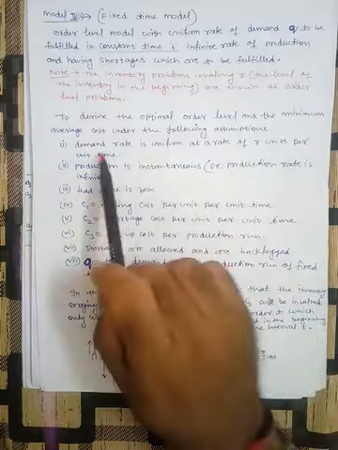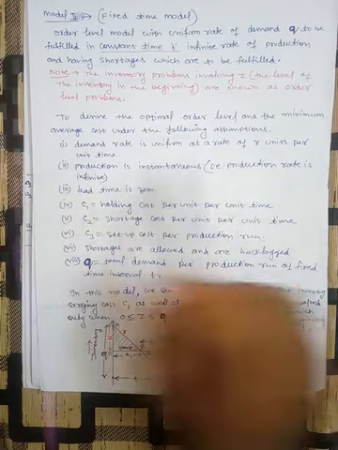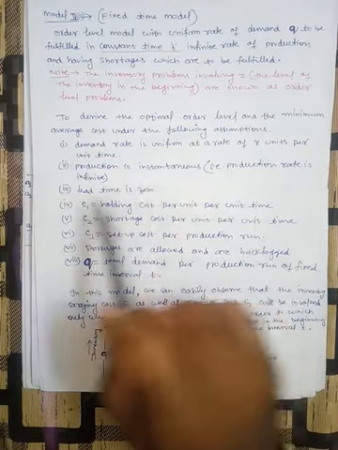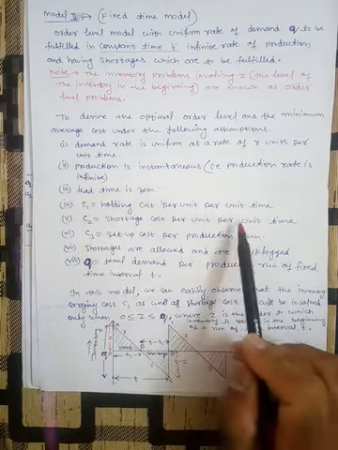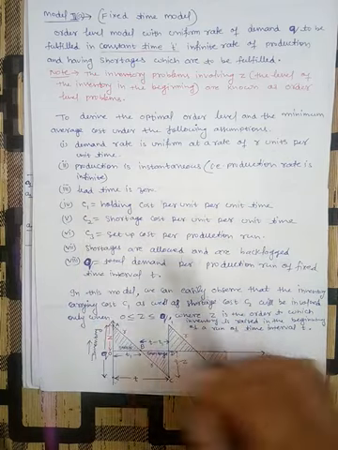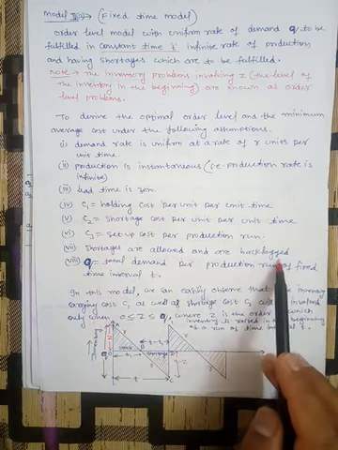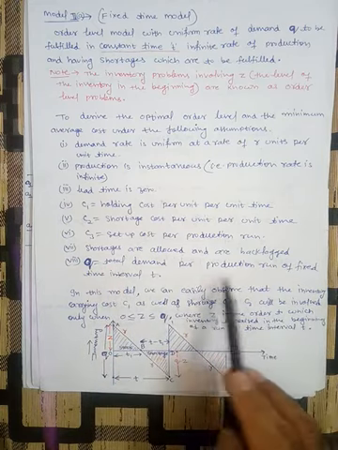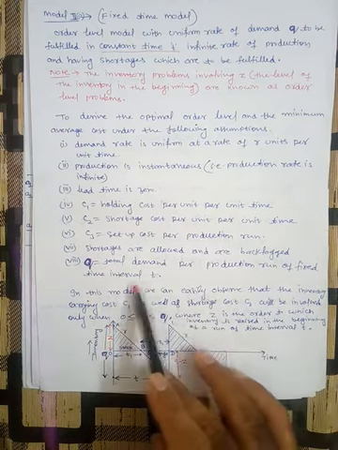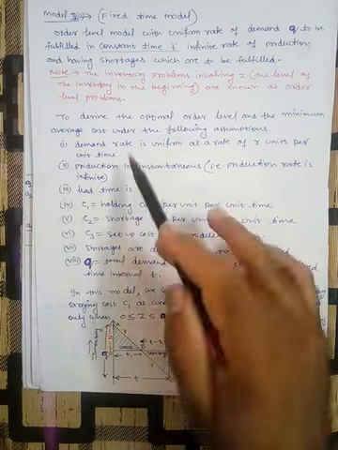क्या क्या assumptions हैं? Demand rate is uniform, production rate is instantaneous, lead time is 0, C1 is the holding cost, C2 is the shortage cost, C3 is the setup cost, shortages are allowed and backlogged, and Q is the total demand per production run of the fixed time interval T. So these are the assumptions.